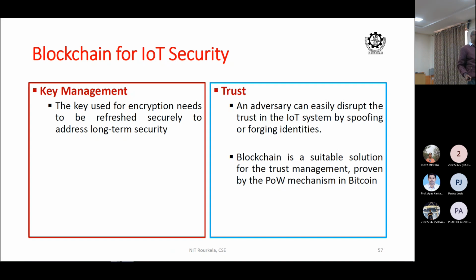What does the proof of work mechanism say? It says that to add a block into the chain, you have to do a certain amount of work, and that work is computationally expensive. If somebody introduces a block into the system, we have to compute that amount of work, which is a very massive amount of computation. It is not done by any ordinary user. You need separate data centers to compute all of this.